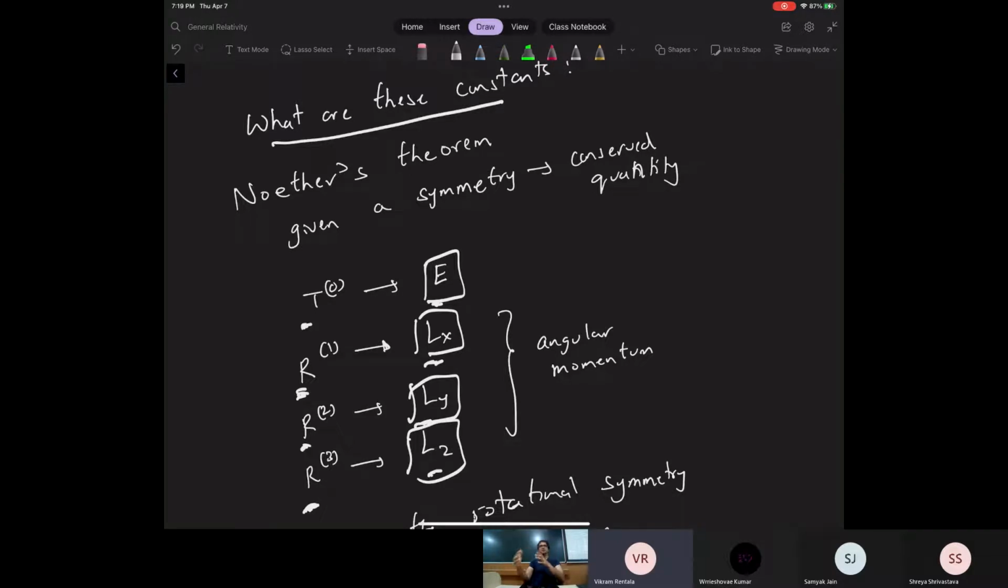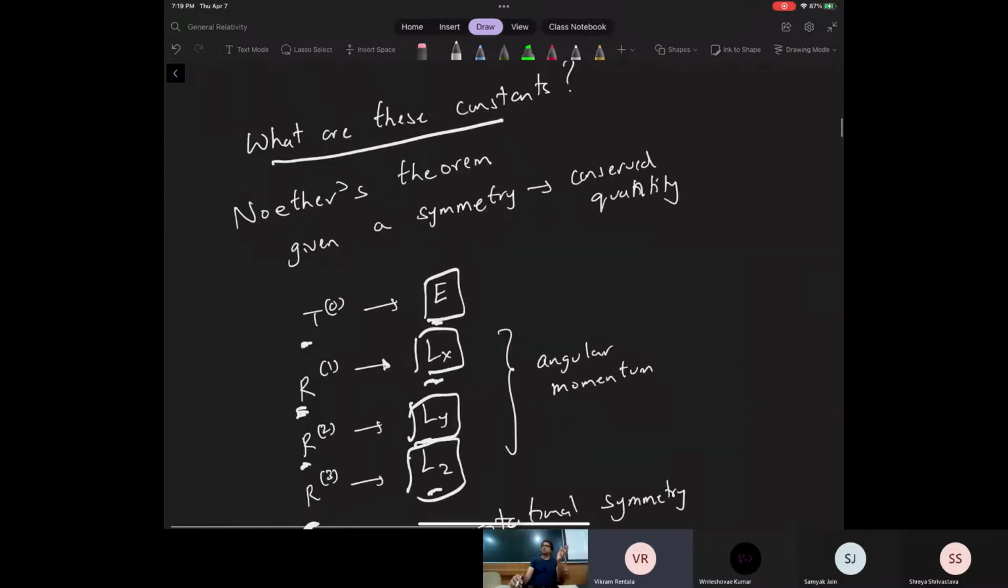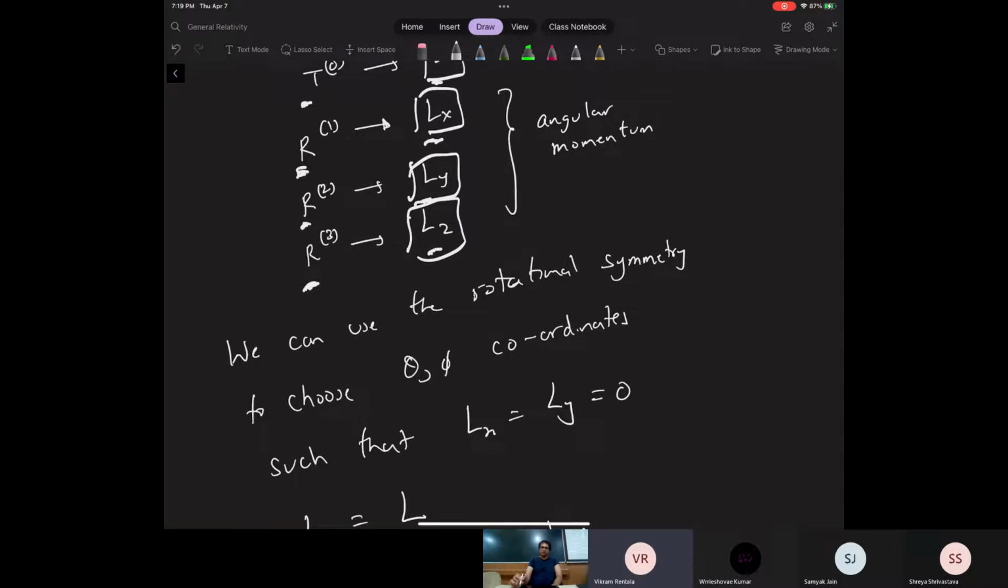Okay, maybe up to some constant. This is what you expect it to be. Have you seen Noether's theorem before in your classical mechanics class? Okay. So what you can do now is you can use the